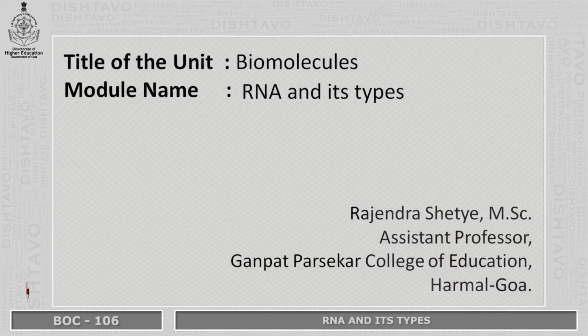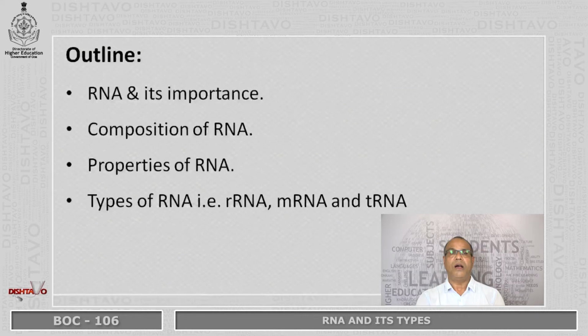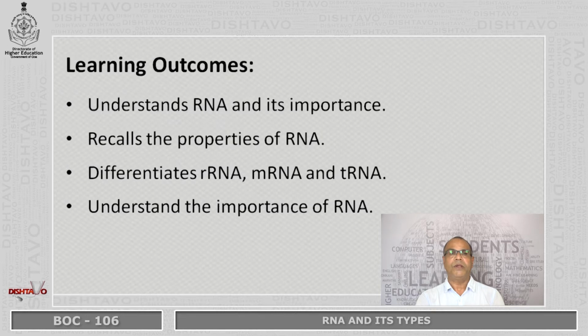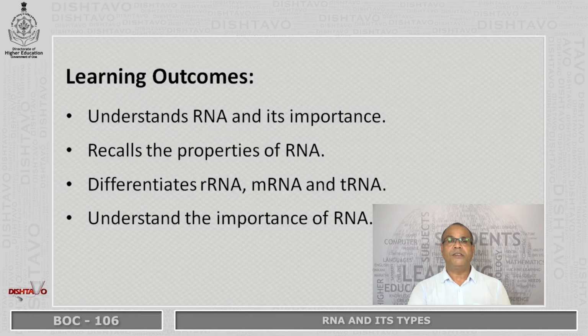Title of the unit: Biomolecules, and module name: RNA and its types. Outline: RNA and its importance, composition of RNA, properties of RNA, types of RNA that is rRNA, mRNA, and tRNA. Learning outcomes: understands RNA and its importance, recalls the properties of RNA, differentiates rRNA, mRNA, and tRNA, understands the importance